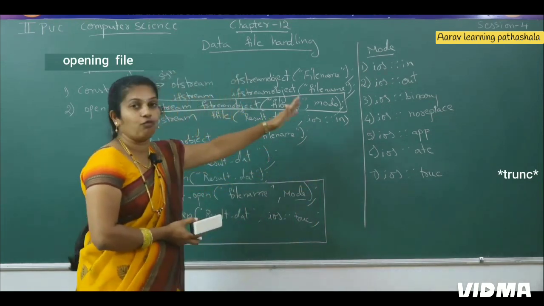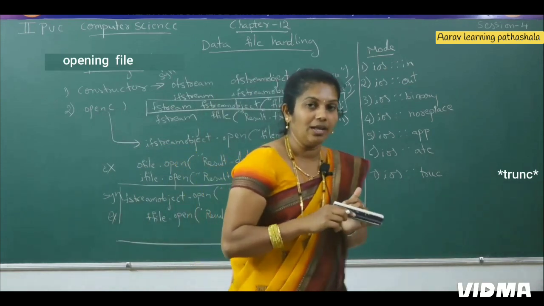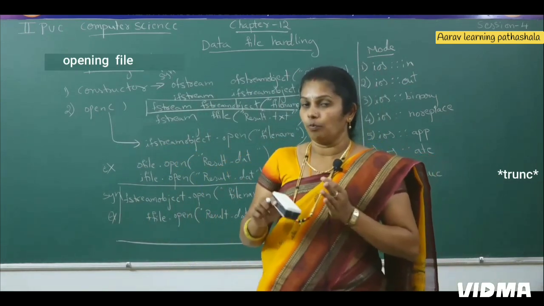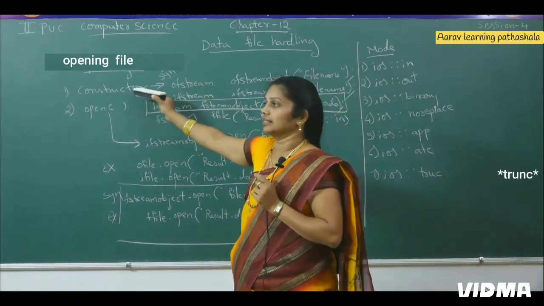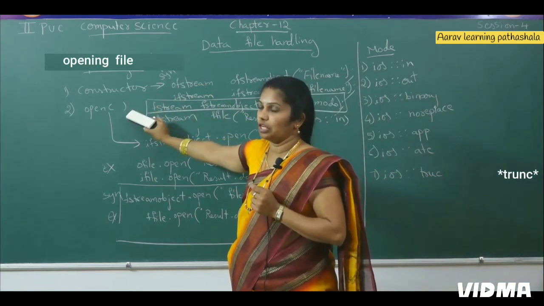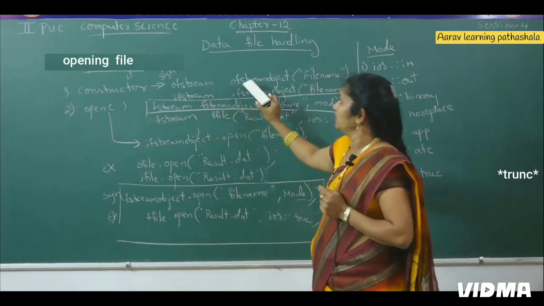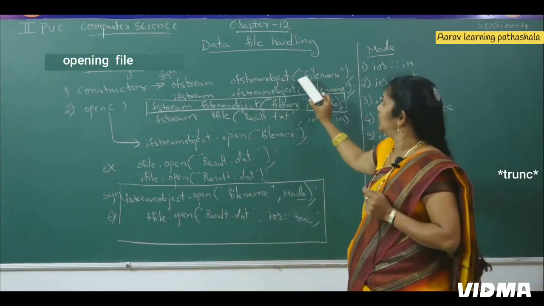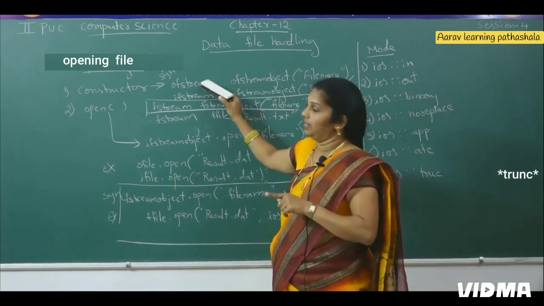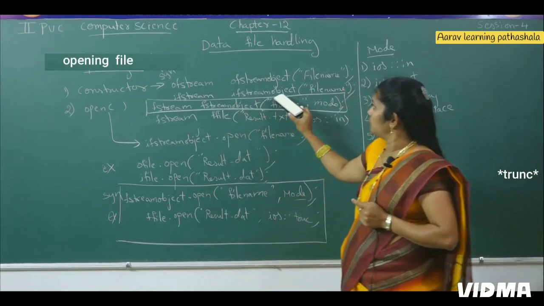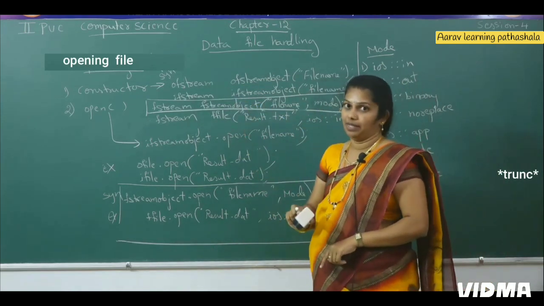These are the few file modes. In this class, you came to know how to open a file and which are the file modes. Once again, I am going to recall. In opening a file, there are two methods. One is by using the constructor and one more by using the open function. When stating the constructor syntax, what do we say? ofstream, then space, ofstream object, then file name. Here we are opening the file for output purpose. And ifstream object, file name. Here we are opening the file for input purpose.